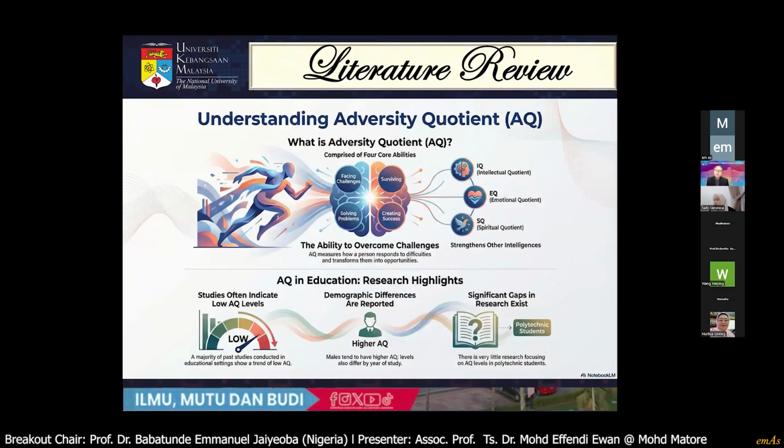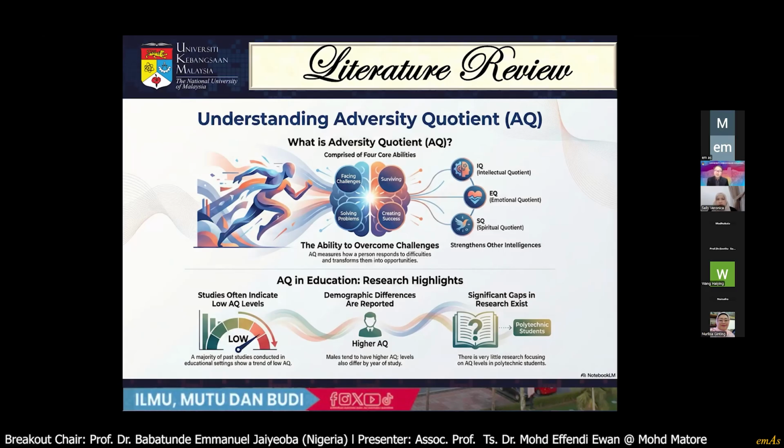Okay, thank you, Prof, for the question. Basically, when we rely on the philosophy of education in Malaysia, we hold the formula of physical, emotional, spiritual, and intellectual quotient. So rather than just focusing on the profiling, I also did research on how this AQ correlated with the IQ, EQ, and SQ. The output that we get is that EQ is the quotient that contributes most to AQ rather than